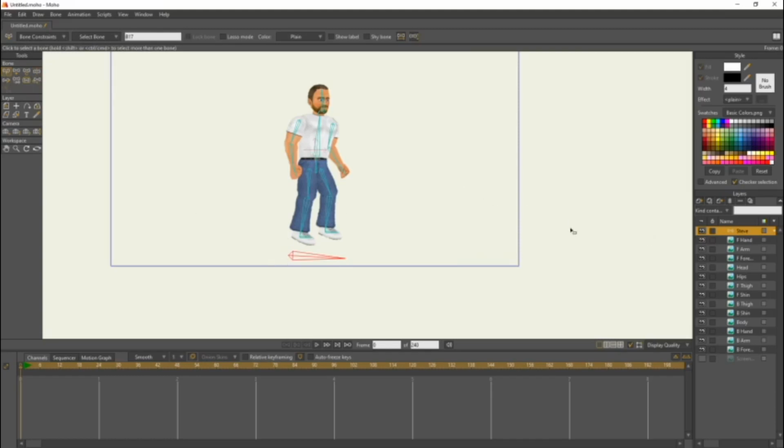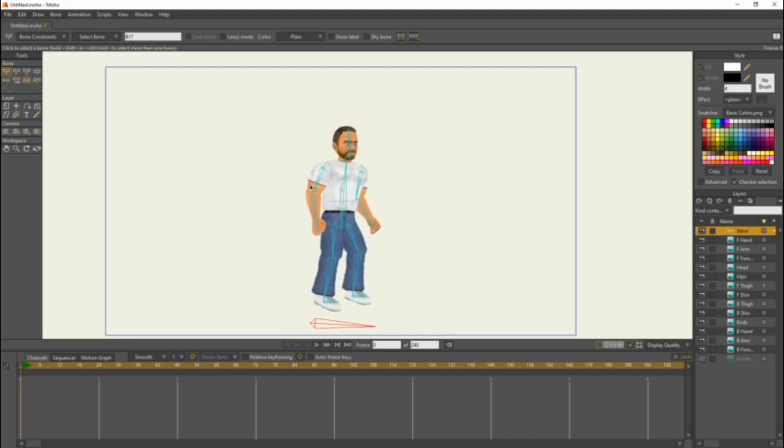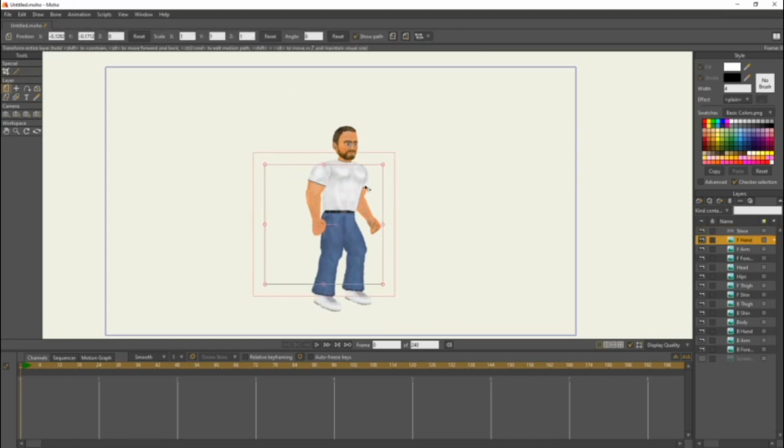Now we're gonna connect these body parts to the bones. So the first thing we're gonna do is come to the front hand bone, and over here on the left hand side we should see an option for... why isn't it popping up?